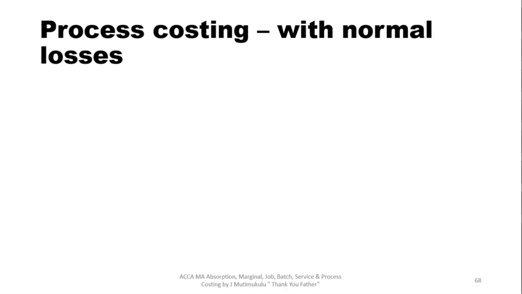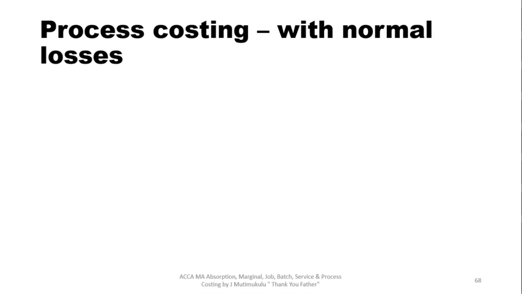All right, so if you can't make units without some losses, then the cost of that loss is spread over, or absorbed into, the good units produced. So whatever loss we incurred, we should account for it in the cost of the product. All right, so the loss is just another cost on the way to good production. All right, so it is actually normal to have such a loss.